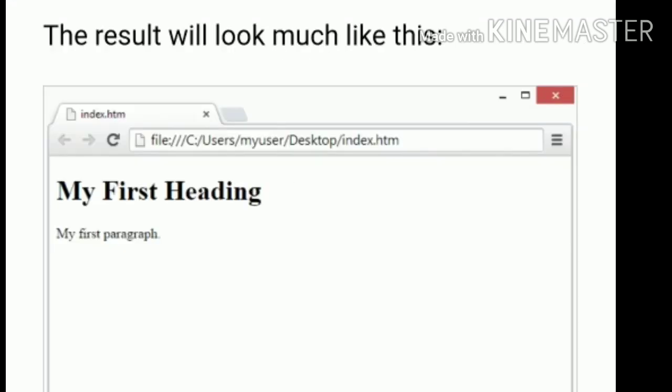You write your doctype HTML, then the opening html tag and the opening head tag. Then the opening title tag, with the content being the page title, then the closing title tag. Then the head is closed with the closing head tag. After that you start the opening body tag.